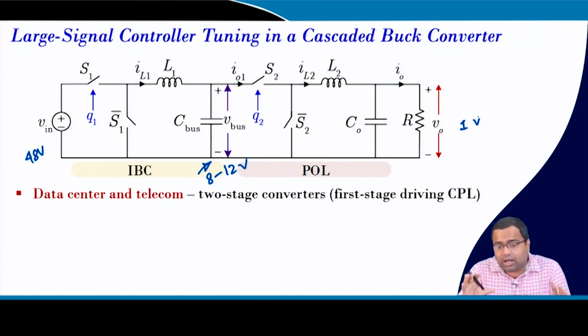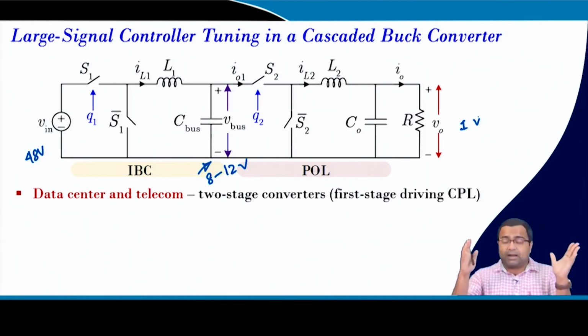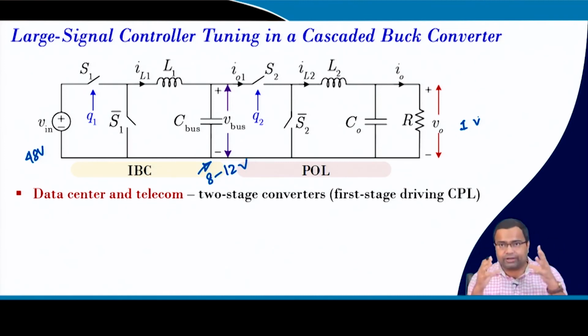But now, though there is extensive research going on regarding direct conversion from 48 to 1 volt, it is found that even if you use merging of two converters, either a hybrid switch capacitor converter or an isolated converter, or merging these two converters,